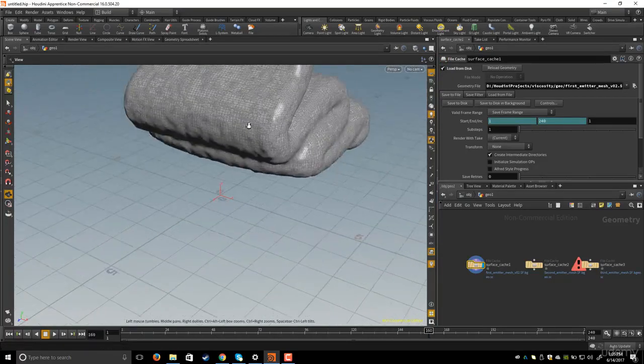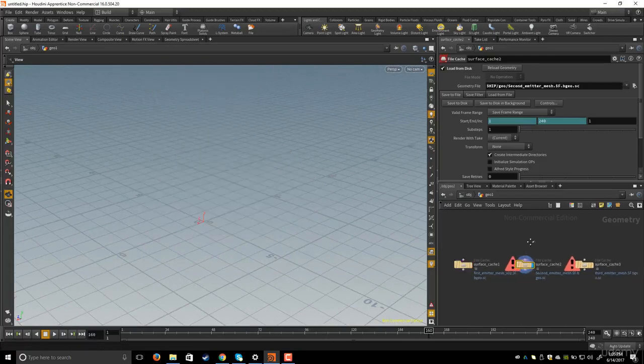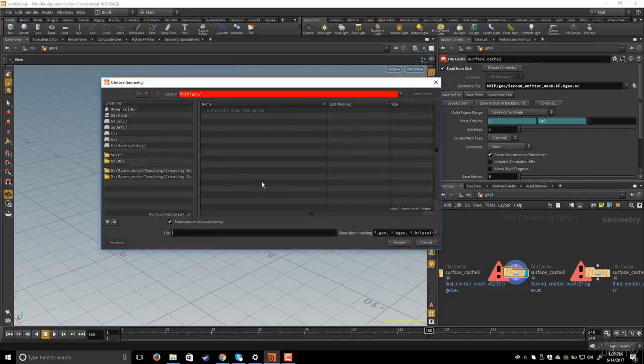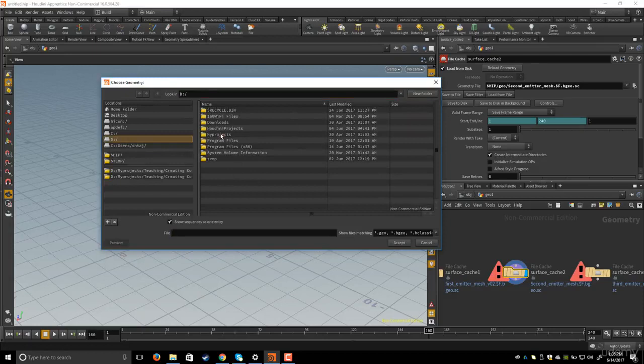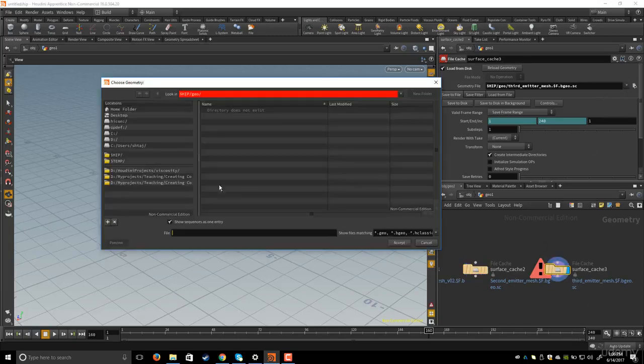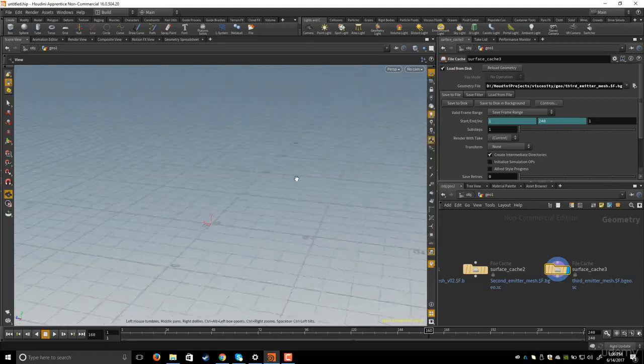Now I loaded the first emitter. Now again I will go to the second node, click again and set the path again, and again I will go to the Houdini project, viscosity. I can make that a shortcut here, as you see, so every time I don't need to go through the folders again. So I will click on second emitter, and this is the third one, and I will load it again in the geo, third emitter. Okay,